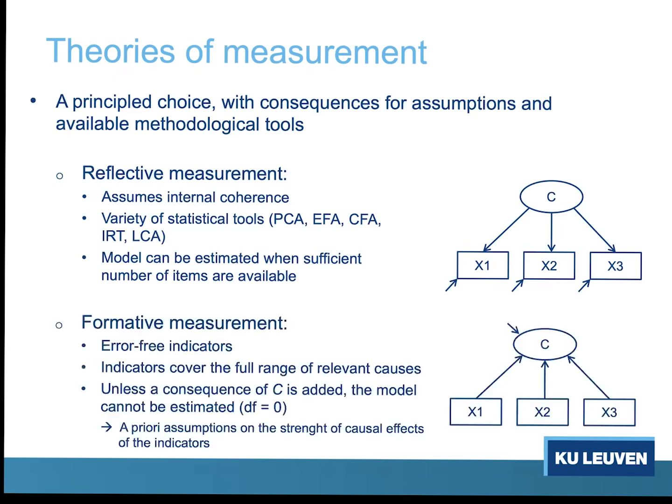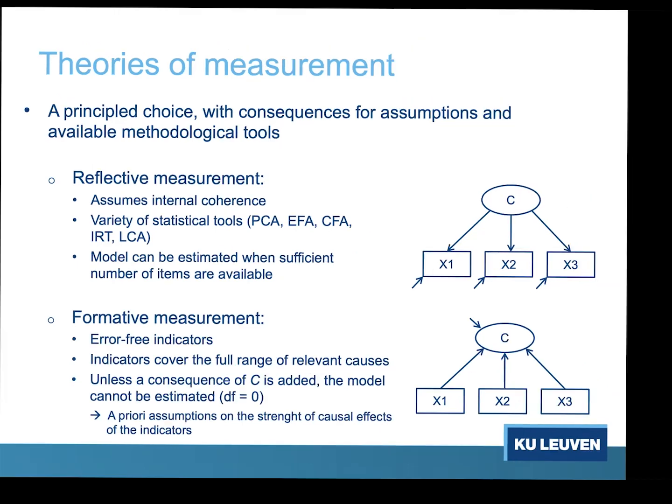And so this is certainly not the case for formative measurement models, where the idea is that the different indicators should not necessarily correlate among themselves. They can be really independent. Think about the income. Empirically, the more income people have from capital investments, probably the less income they have from social benefits. So it's not necessarily internally coherent. They contribute independently to the construct, but it's a very different way of thinking about measurement, and it requires a very different approach in terms of statistical models.